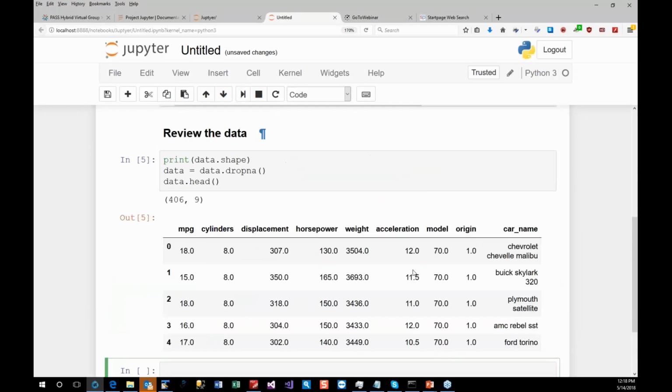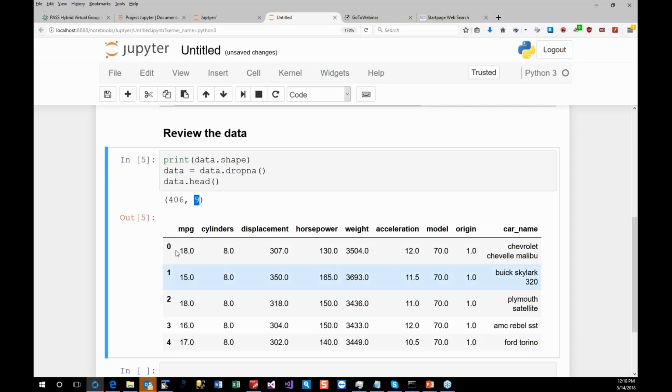If I do that, I can see that I have 406 rows of data and 9 columns, and it's gone ahead and listed the first 5 of them